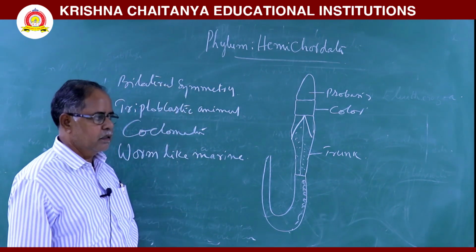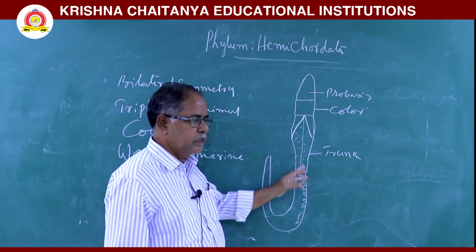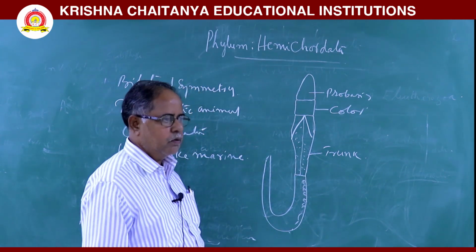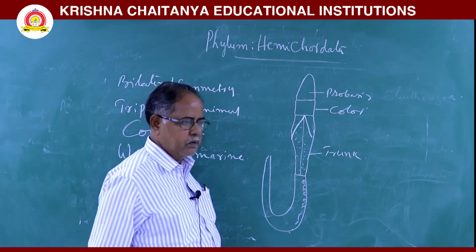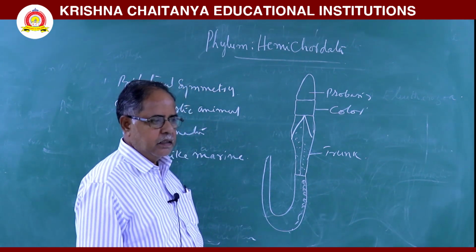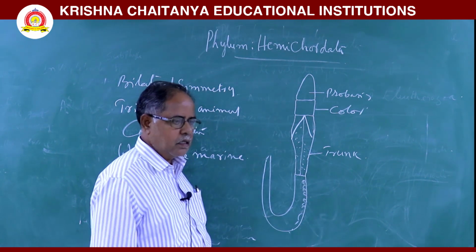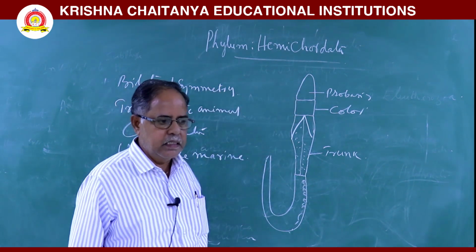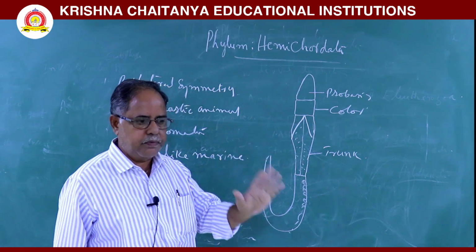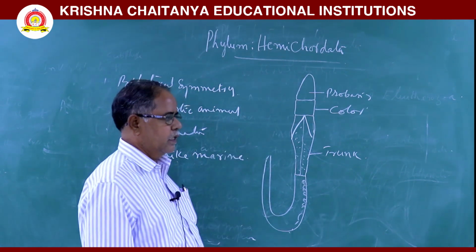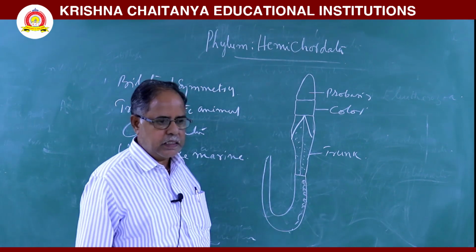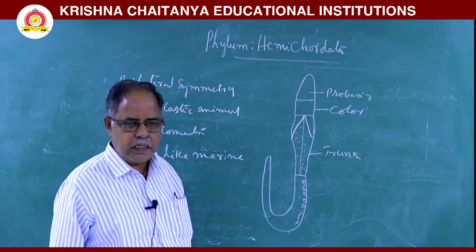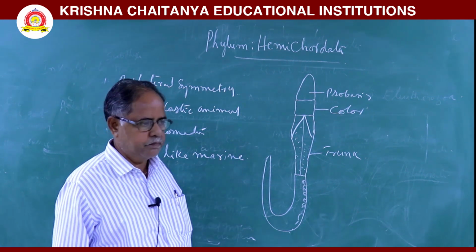Next, here respiration is done by gill slits. These gill slits open into the pharynx. Next, an open type of circulatory system is there. Next, a dorsal heart is present. Next, in the proboscis region, the proboscis gland is there. This proboscis gland performs excretion. Next, here sexual reproduction occurs. During developmental stages, one larva is seen. That larva is called the Tornaria larva.